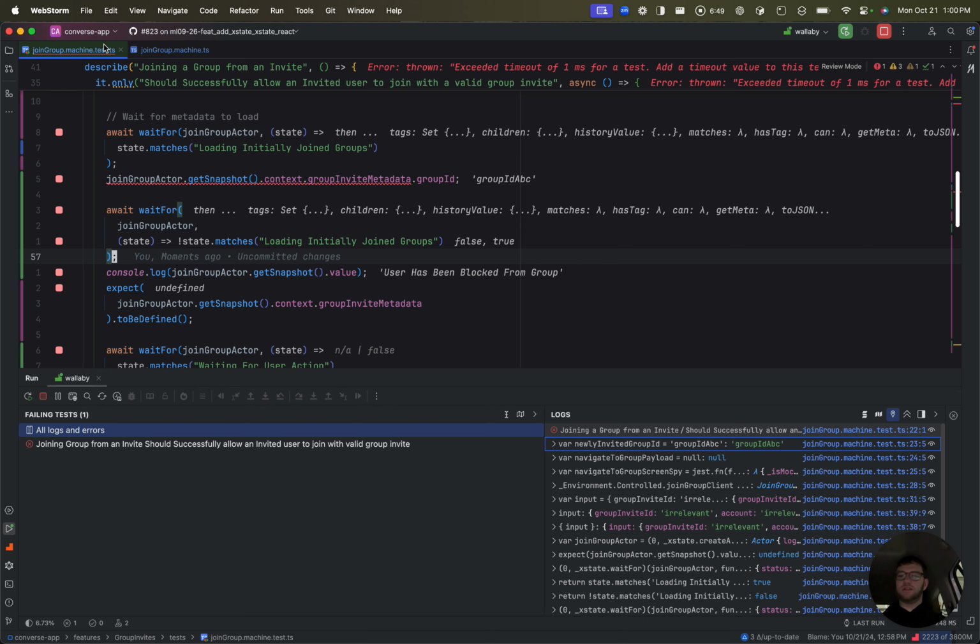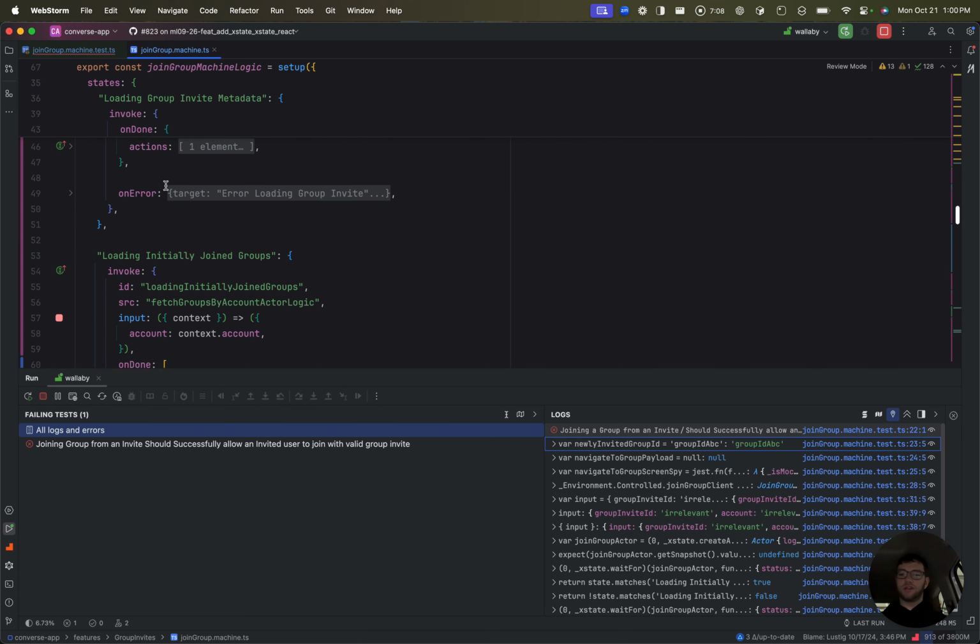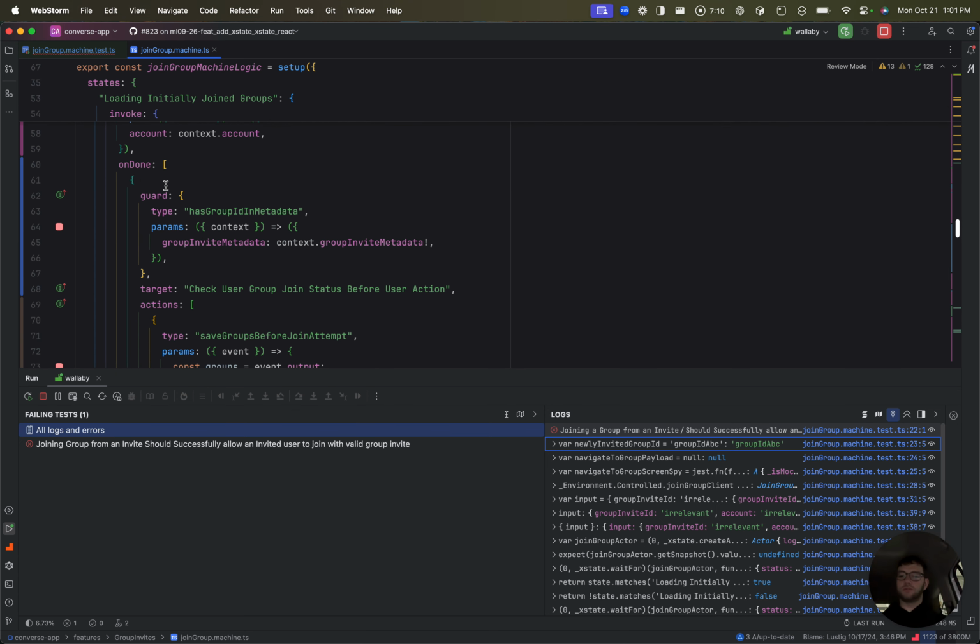But this is also true because the user wasn't already a member of this group. So in all of these evaluations here, loading initially joined groups,